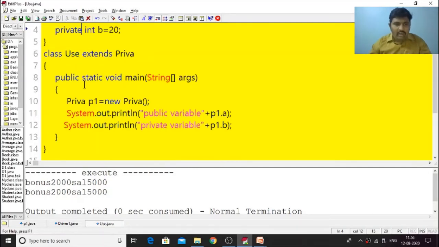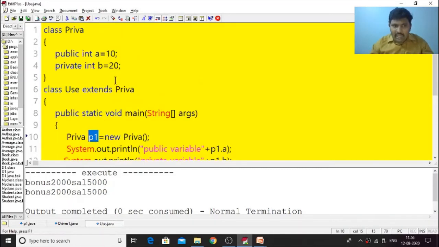Now you can understand the difference between public and private. And I have a Use class, my child class, extending the Private superclass. I created one object, and with its help I am accessing my variables a and b.